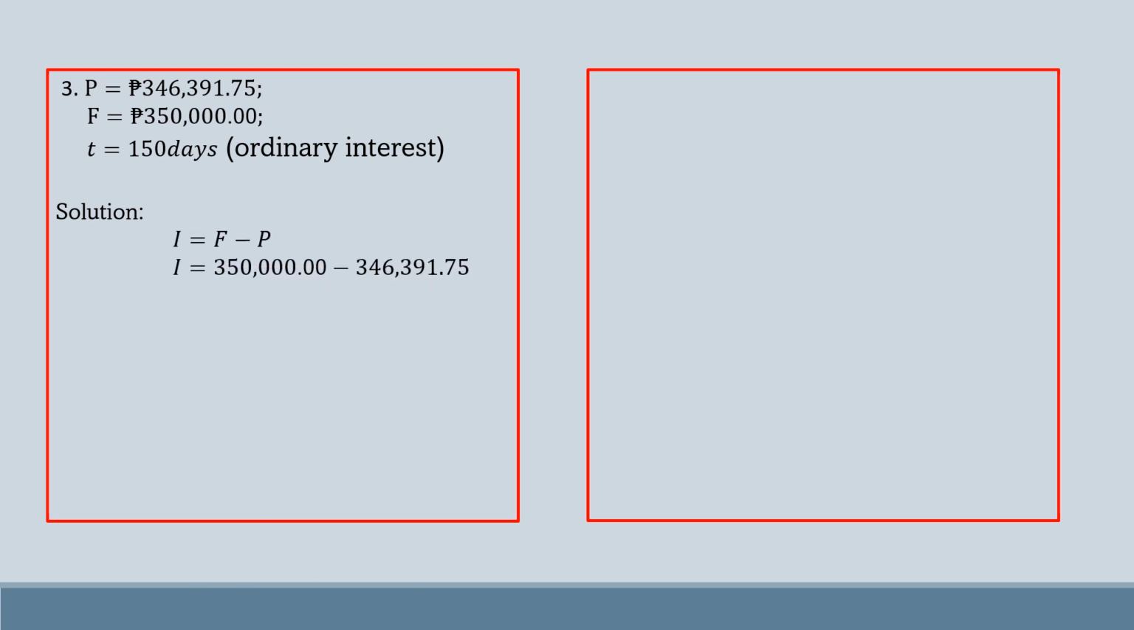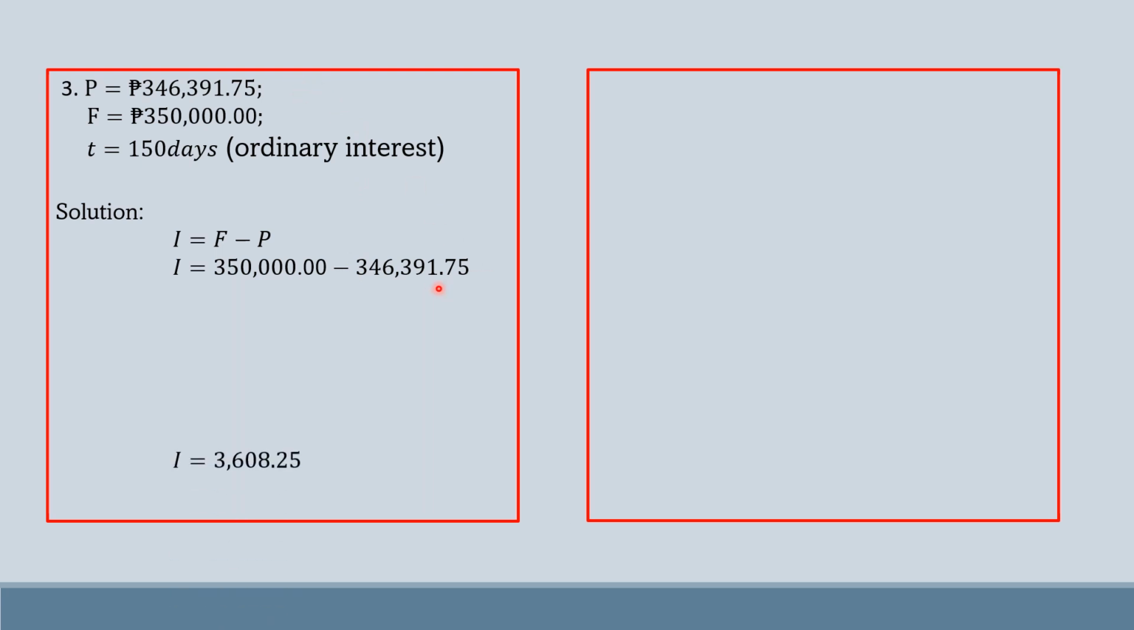We have the principal amount 346,391.75 pesos, and the final amount of 350,000 pesos. Ang ating pong time ay 150 days. We'll compute this in ordinary interest. Okay? So, same pa din po. Kunin natin muna ang interest. So, that is interest equals final amount minus the present value. So, the final amount, 350,000 pesos minus the present value,